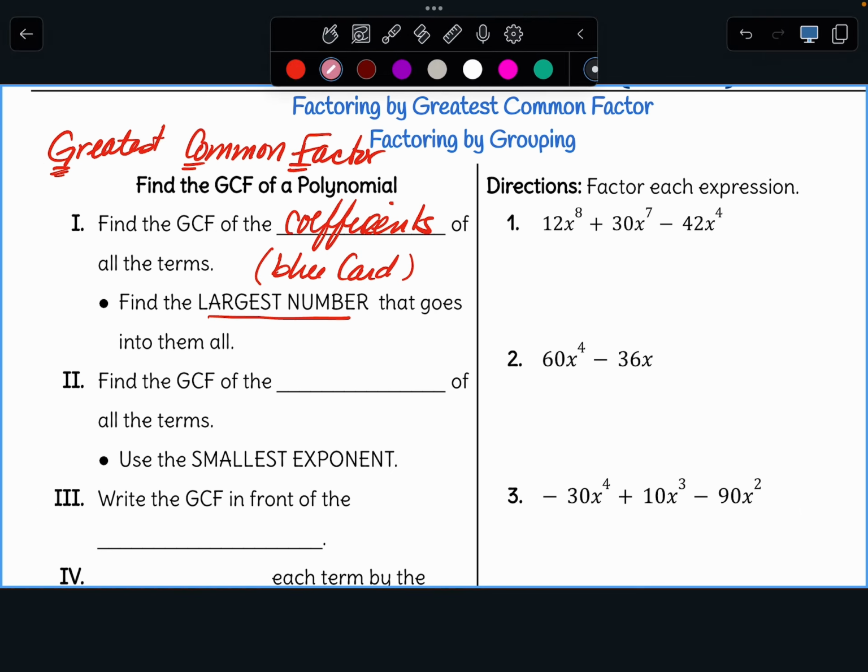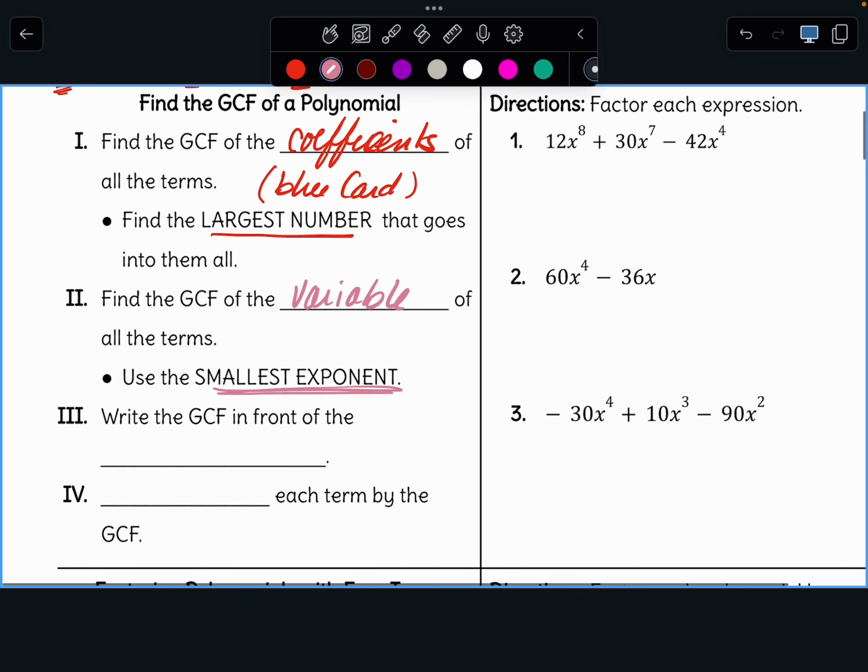And then to find the GCF for the exponents for all the variable terms, we look for the smallest exponent. So what can I divide everything by? So then we write the GCF